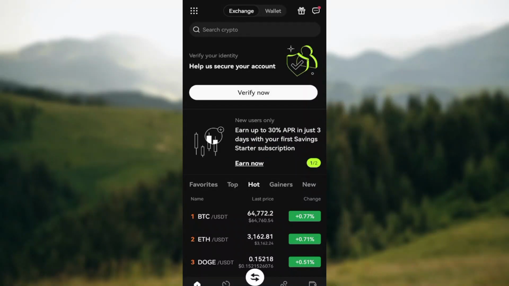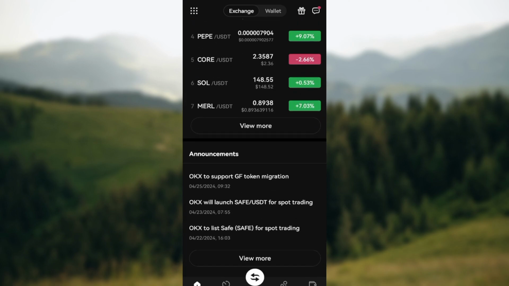In this video, you will learn how you can obtain your OKX UID. And here is how to go about it. The first thing is to log in to your OKX account, just like I have done here. And then once you're logged in, on the home page, you can see the current rate of cryptocurrencies at the